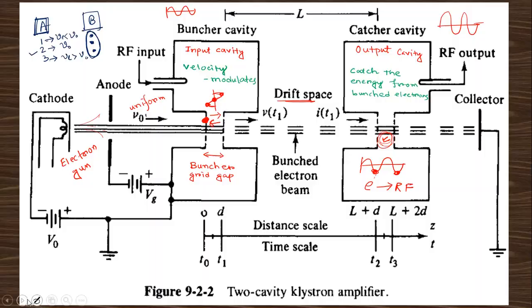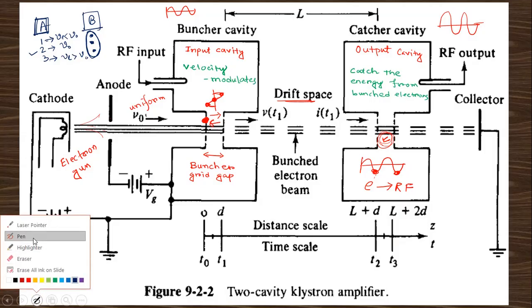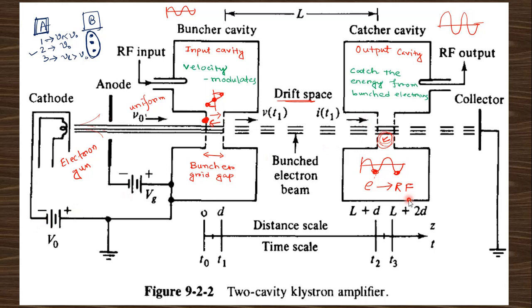And when this bunched electron beam reaches here and the drift space is set such that the bunched electrons come here when the RF wave is at its negative maximum, then what happens? The energy of this electron transfers from electron to RF power. That's why this RF output amplitude will be enhanced. In such a way, this klystron amplifies this signal, and after that this bunched electron beam is collected by this collector,